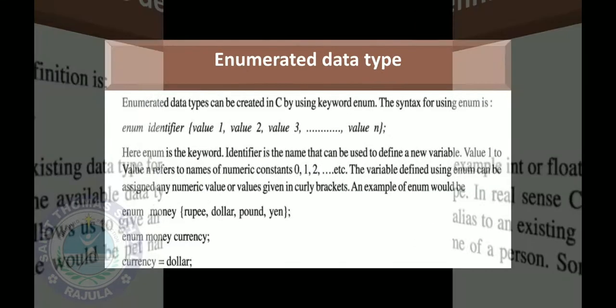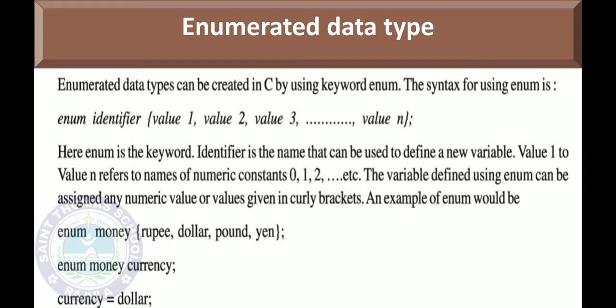Now the next we will see is the enumerated data type, and in short it is known as the keyword enum. The syntax of enum is: enum, first our keyword, then the identifier, the same as a variable. Either you can say the identifier or you can say the variable.